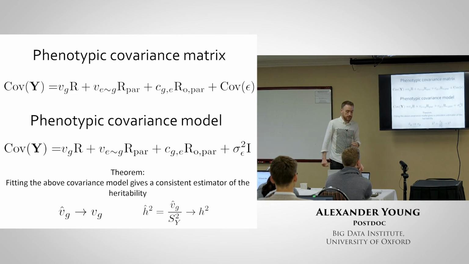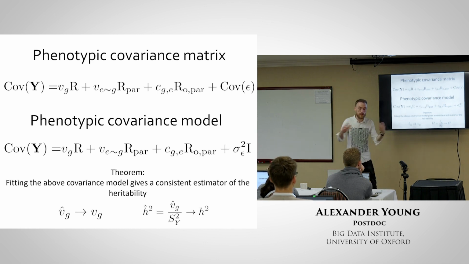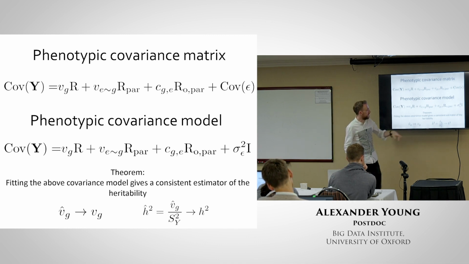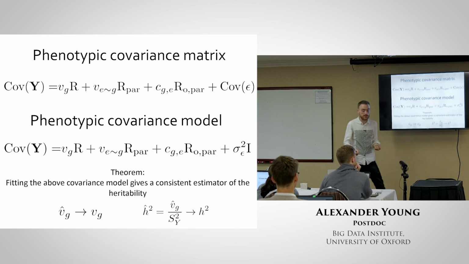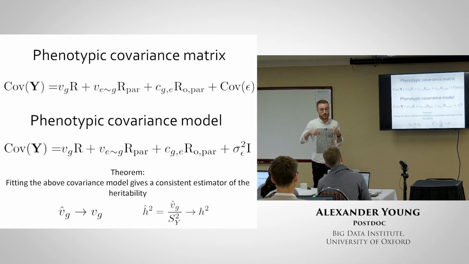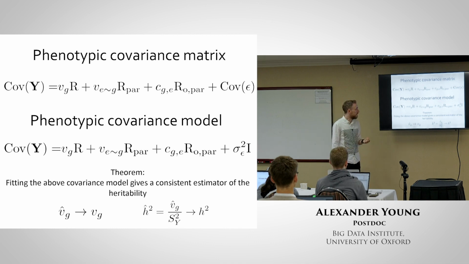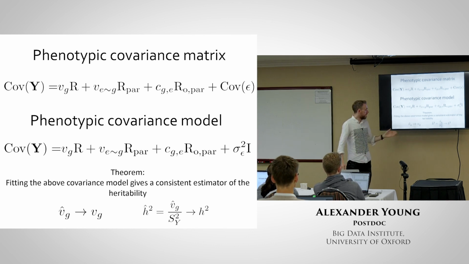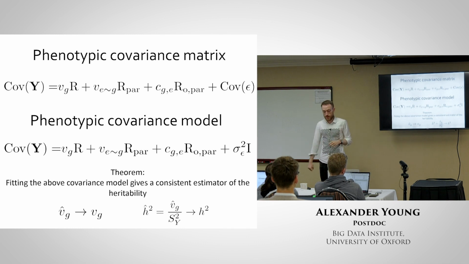But you can do something somewhat similar to the sibling regression method. This is the method that I developed when I was in Iceland. So if you think about this phenotypic covariance decomposition, you still have this unknown covariance of the residual environmental effects, which can generate bias potentially. But actually, it turns out if you just pretend that this is equal to the identity, in other words, there's no covariance of the residual environment between distinct pairs, then fitting this covariance model, you need these 3 relatedness matrices derived from IBD sharing between parents and offspring. You can estimate heritability in a way that is robust to environmental effects. You can sort of prove that theoretically.